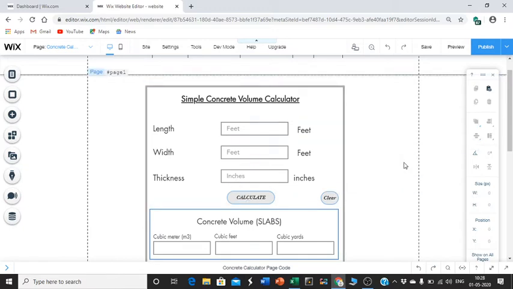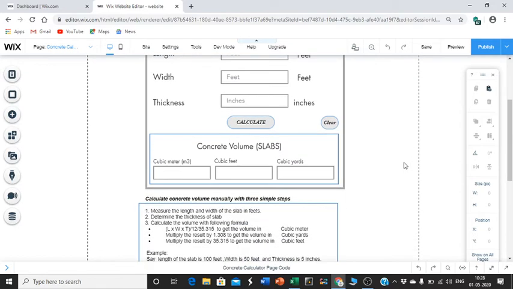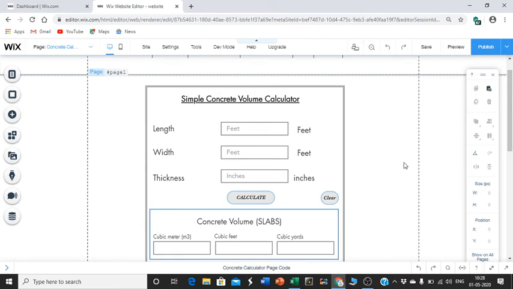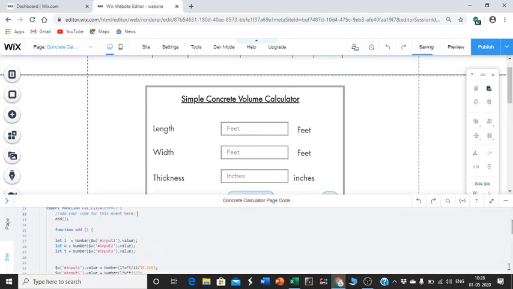Once this is done, the very important part is the code. So we'll learn about coding. As I told you, I'm not a Wix code expert. I'm from a finance background. Whatever little I learned, I'm showing. I'm limited to this only. If any viewers ask for expert advice, sorry, I don't think I'll be able to provide any advice or guidance towards that. Fine. So click open.